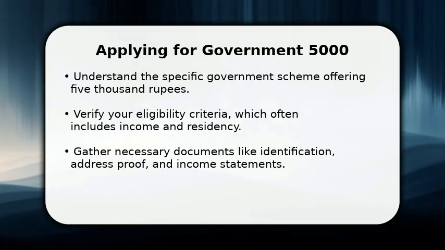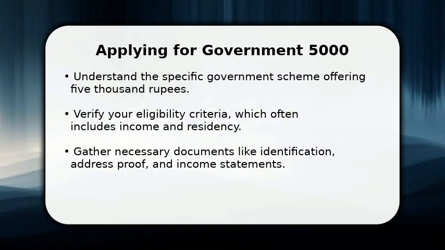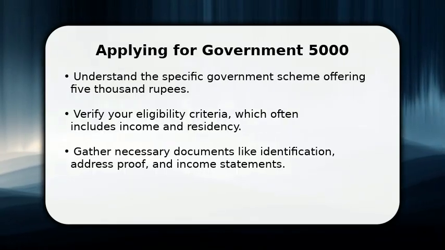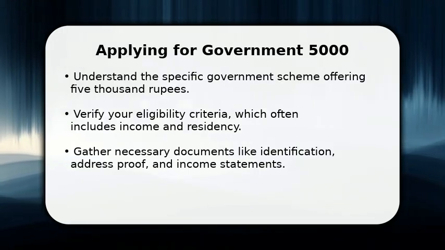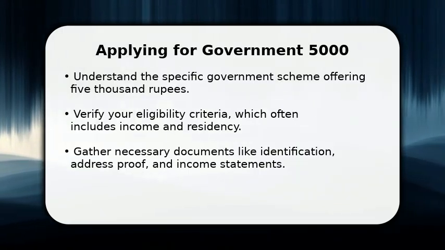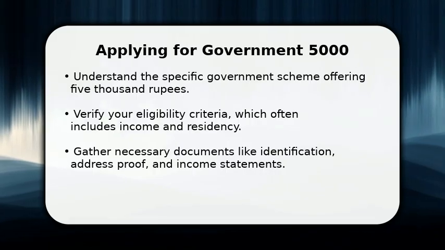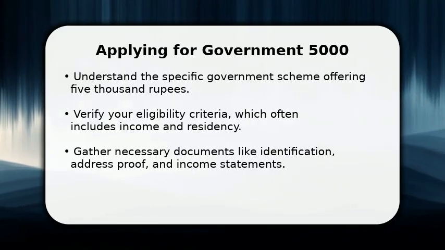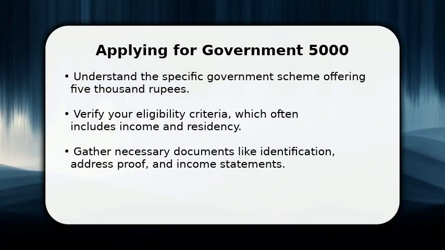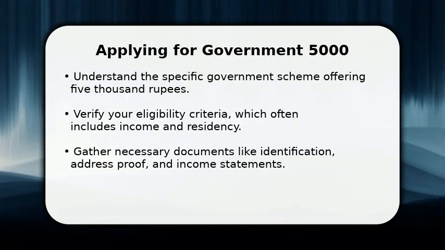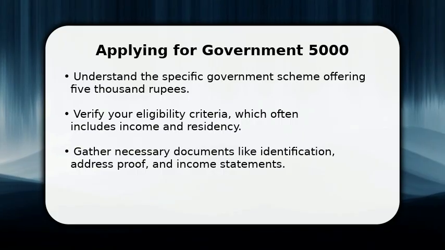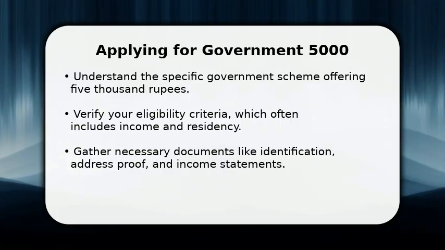In this video, I will explain how to apply for government 5,000 rupees. First, identify the specific government program offering this financial aid. Next, carefully review the eligibility requirements, which typically include income thresholds and residency status. Finally, collect all essential documents such as your identification, proof of address, and recent income statements to prepare for your